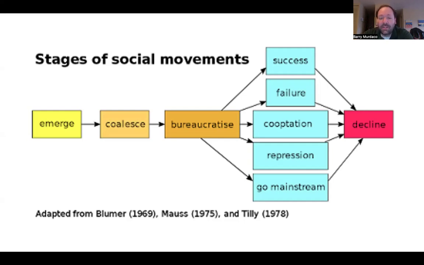And the focus on civil rights and the focus on racism and things like that has essentially become a mainstream movement. Now, I don't understand why they separate co-optation from going mainstream. To me, that means kind of the same thing, although I guess maybe there's some kind of difference that you could get out of that. To me, it means more or less the same thing.